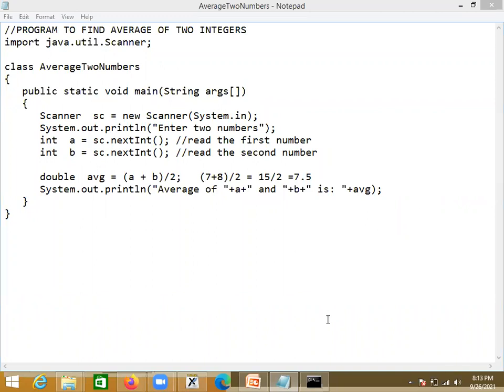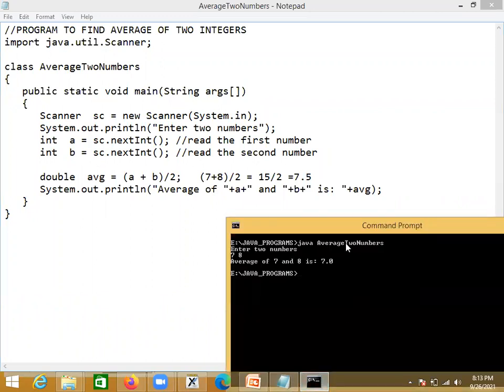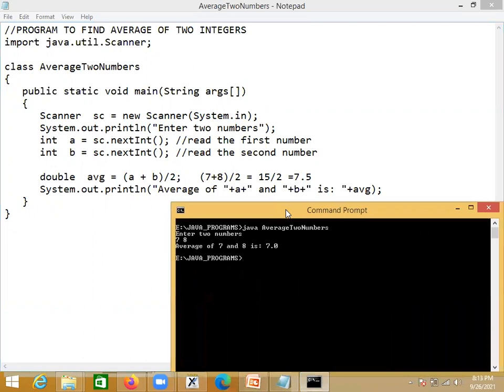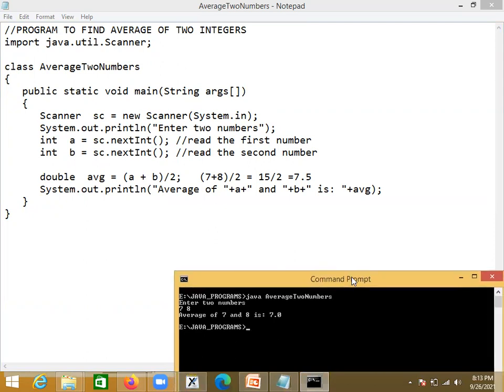Right, friends, if we look at the output from this program, the input is 7 and 8, and the average of 7 and 8 is 7.0. Our expectation is for the program to print the average as 7.5, but here it is printing 7.0. Why? This we need to understand.